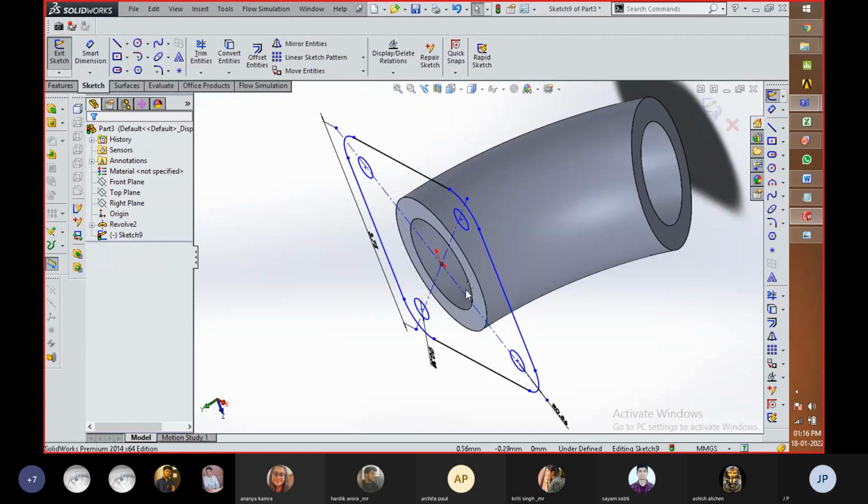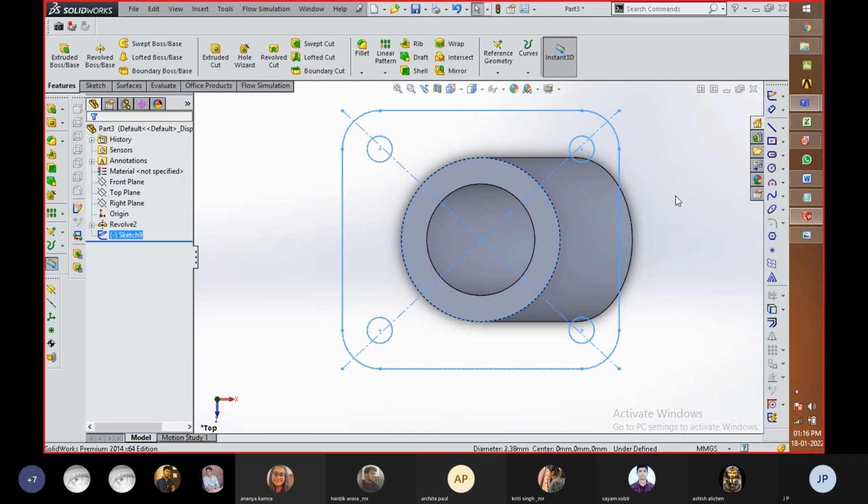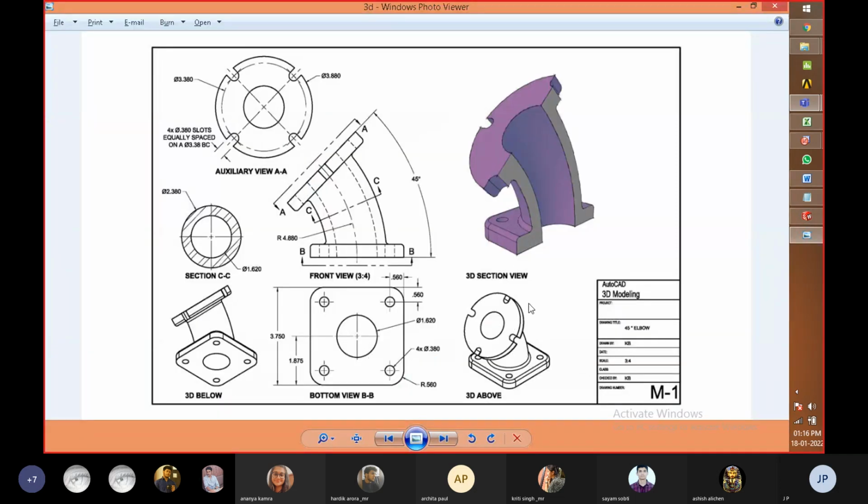Now with the help of rotating, we can see that part. One more thing we need to do is create a circle within that. So for creating a circle, I'm going to select this outer sketch and then showcase a convert entities. This can also be done with the help of the circle command, but this helps you in getting a better curvature.